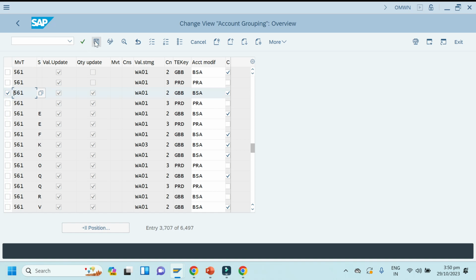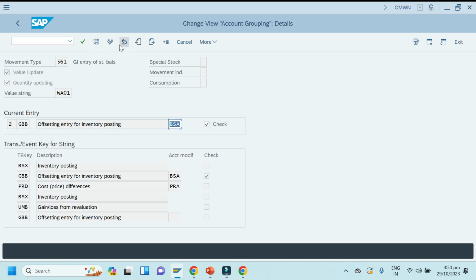You can see here GBB triggers BSA. This is an account modifier. Note it down: BSA, for movement type 561, initial entry of stock balances. So this is the first account modifier for GBB.